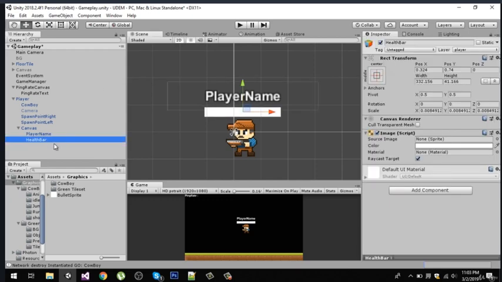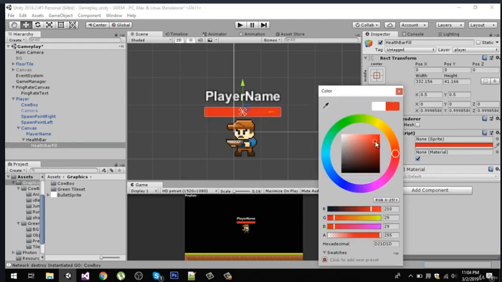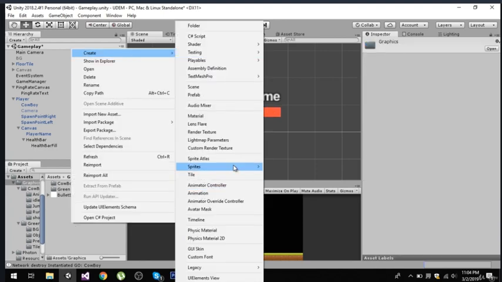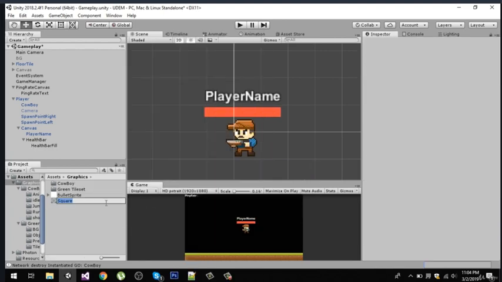And now duplicate the health bar and rename it to health bar fill, and make the health bar fill child of health bar, and change the color to maybe red, and create a new sprite and rename it health fill,